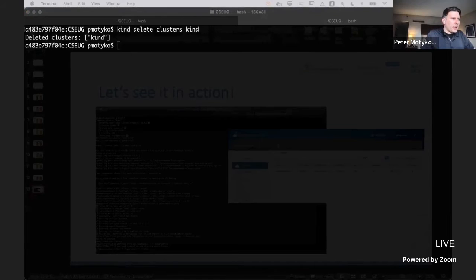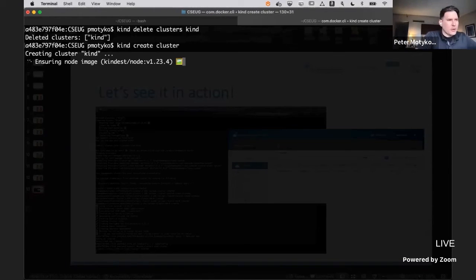I mentioned I'm using my local Docker installation on my computer as my management cluster. To facilitate that, I'm using a tool called Kind, which is Kubernetes in Docker. It gives me a Kubernetes environment locally that can act as my management cluster. So while this is preparing,